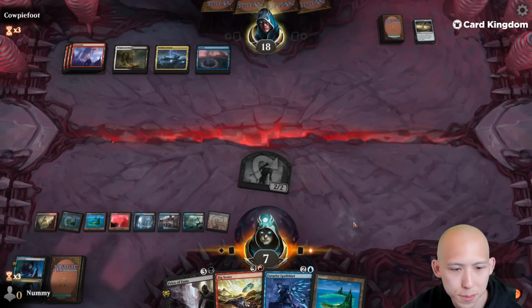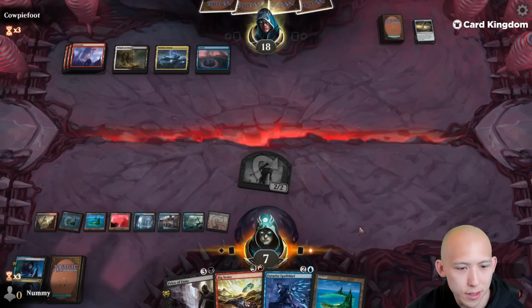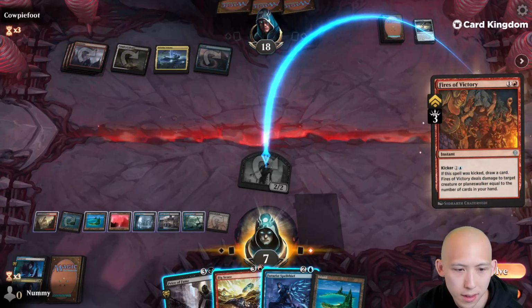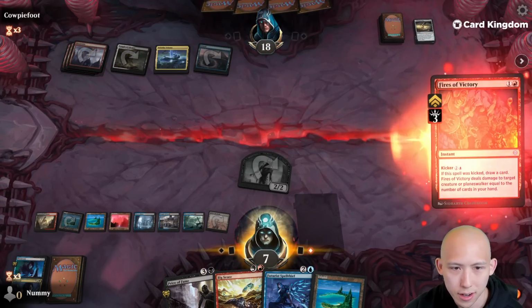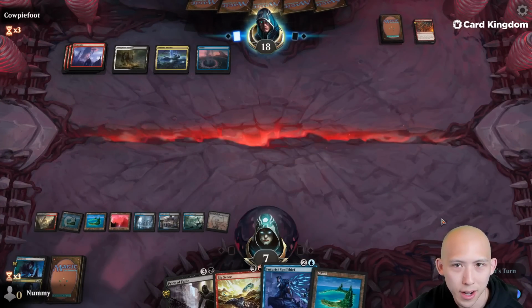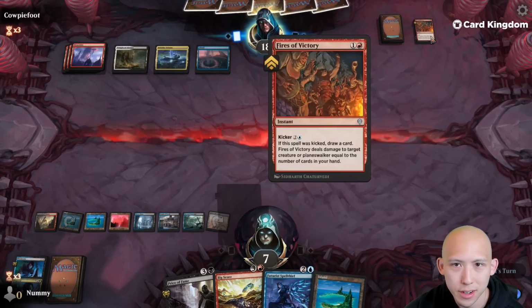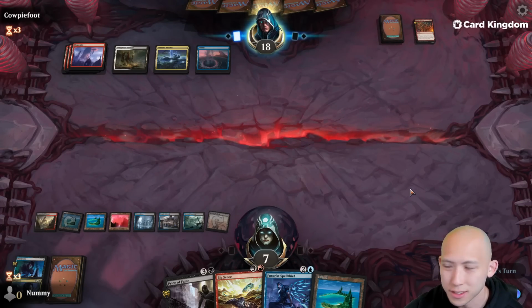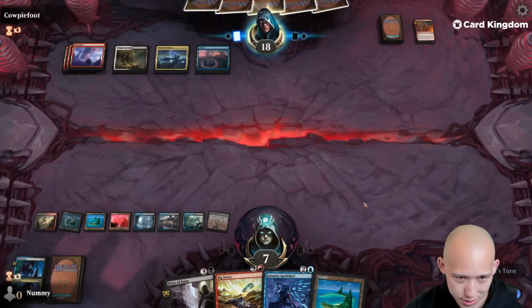Okay. Let's just pass. We're probably going to Big Score end of turn. That's fine. They get to draw a card, but I don't care if they kill a zombie. And I don't want to copy Fires of Victory. Yeah, long game 1, but I guess I am a slower control-y deck, so...